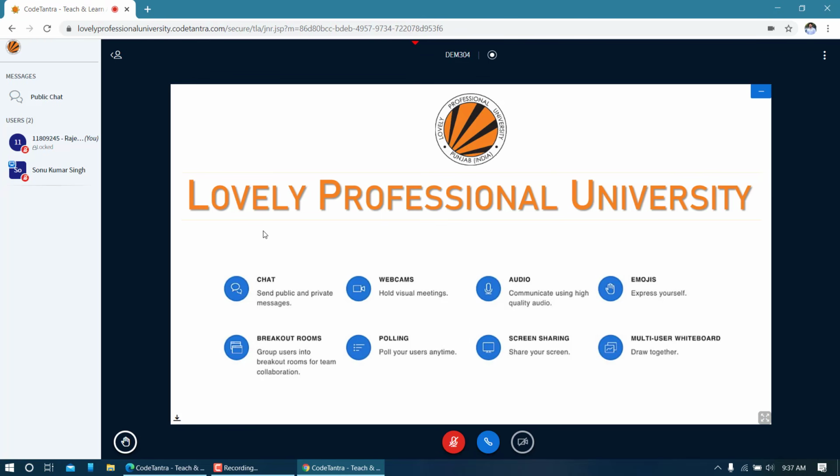Now there is one more button, raise hand. Let us say there are 40 students in a class, and if they start putting questions straight away without the teacher's permission, it won't be a good practice. That is the reason why we have the raise hand button here. If you click here, there will be a raise hand icon in front of your name, and the teacher will identify that this student has some query. When he is delivering, he will stop his delivery and ask you to go ahead and ask your question, and then you need to click on this unmute button, speak, and then mute it again. This is a good practice, and this is generally what we recommend in order to communicate with your teacher.